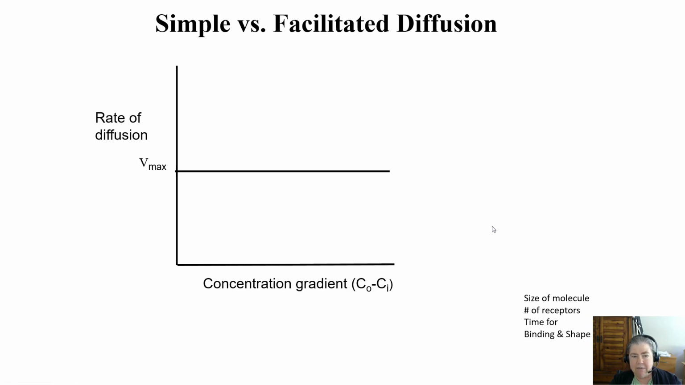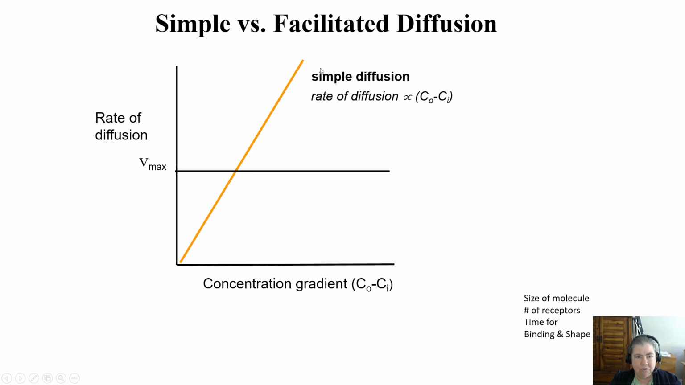Simple diffusion depends on the size of the molecule, but mainly on the concentration gradient. So the higher the concentration gradient, the higher the rate of diffusion. Okay, but facilitated diffusion